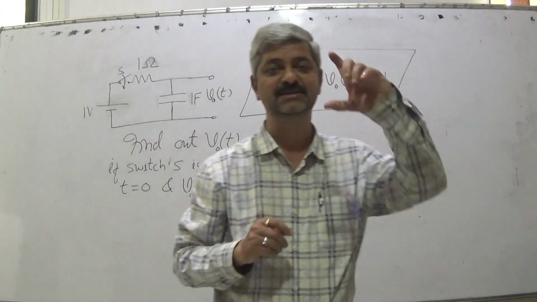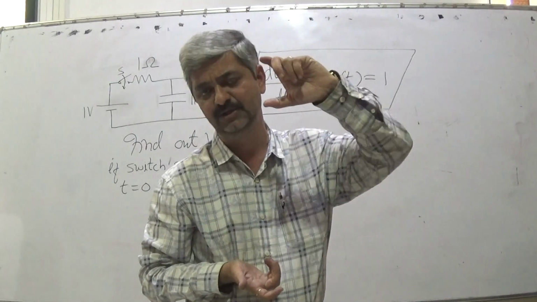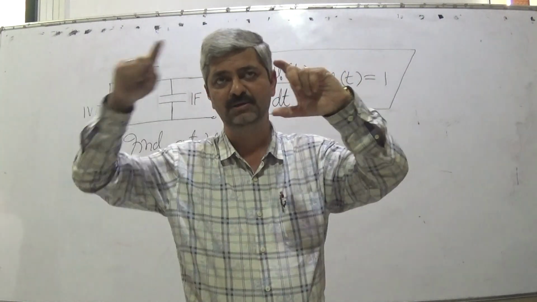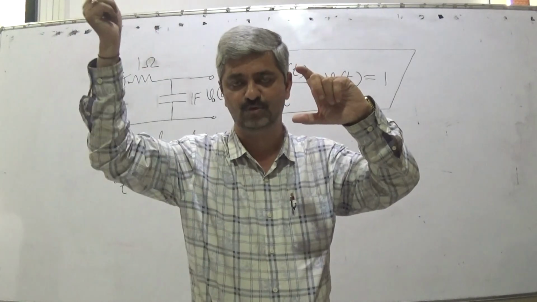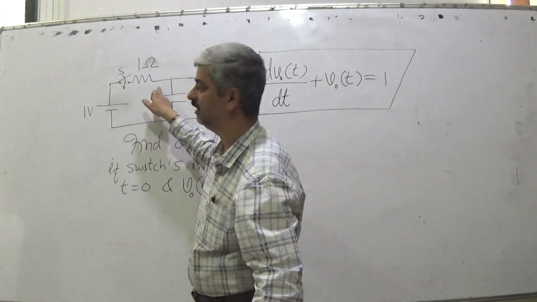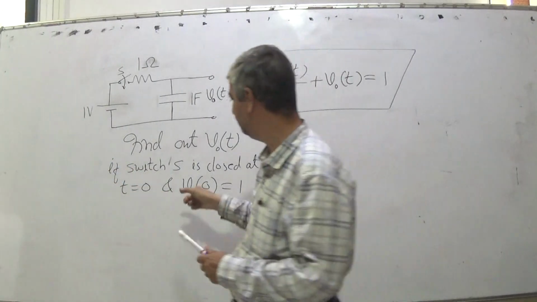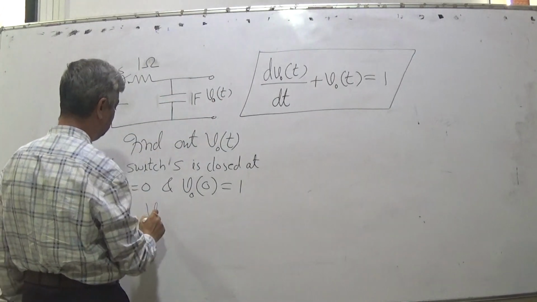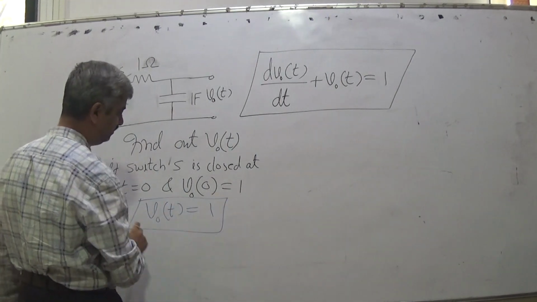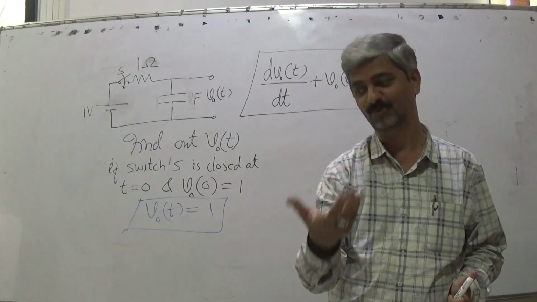Means the capacitor can also be charged, I can charge it to any value by different methods. So the initial value of the voltage across the capacitor was 1 volt. I have got a battery of 1 volt. I have a resistor and I connect the switch. I close the switch. What will happen? 1 volt here, 1 volt here, no current flow. And as there is no current flow, no change. So in this case, VOT will be constant at 1 volt. Have you understood it? VOT will be constant at 1 volt. So this is also possible.